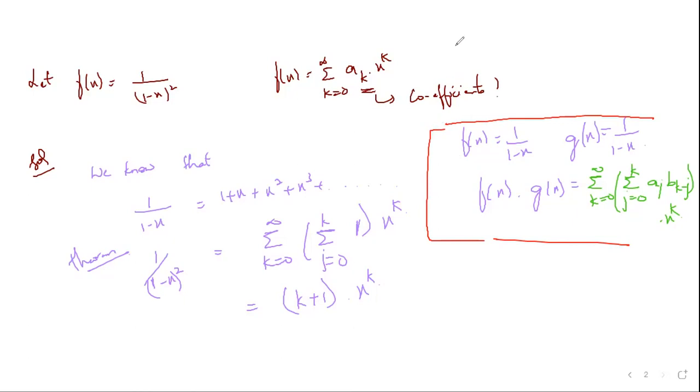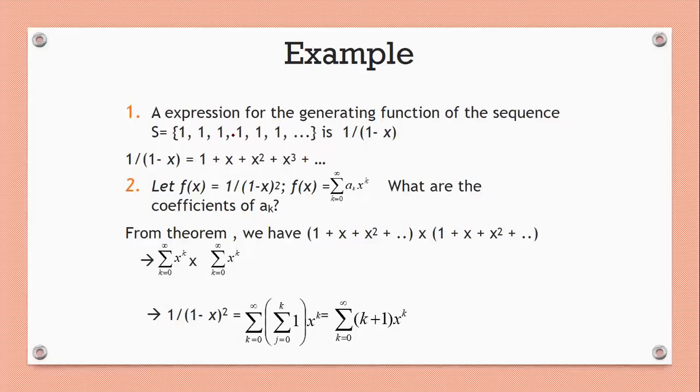Now the next thing is, I have already told the concept of the binomial theorem. So now we will be seeing the concept of the extended binomial theorem. First, let's see it on the slide. So these are the two problems which we have already solved. 1 by 1 minus x, for that the sequence is 1 plus x plus x square plus x cube and so on.